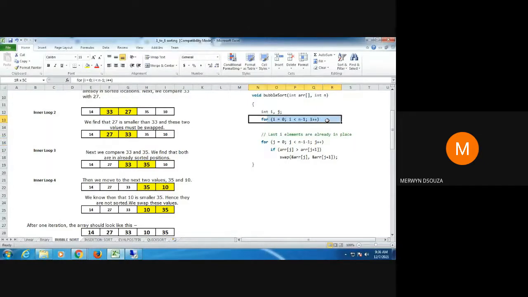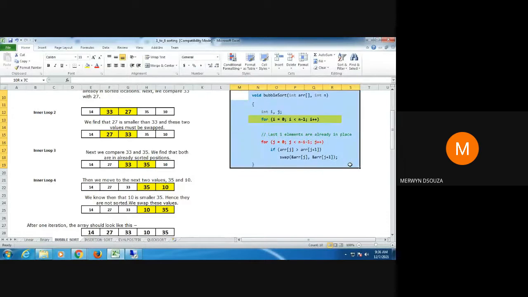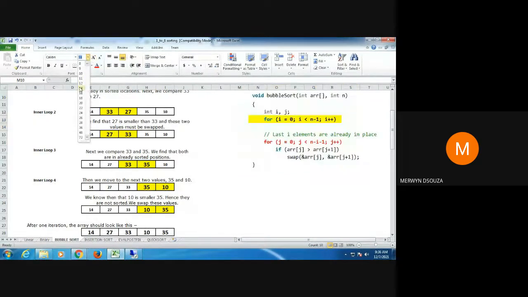Okay, two loops would have been used. This loop here, the one I just highlighted, would be known as the outer loop. Okay, it's a for loop. This loop here that I made red would be known as the inner loop. So you have the outer loop and the inner loop. Basically, you have nested for loops, one loop inside another. This is the outer for loop, this is the inner for loop.